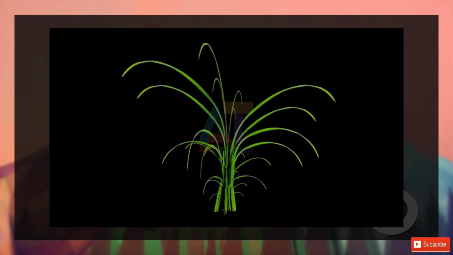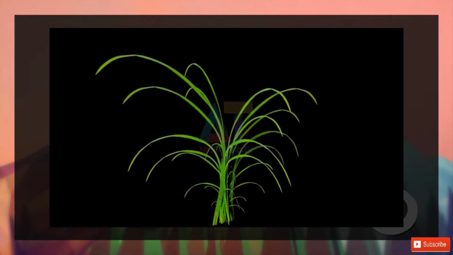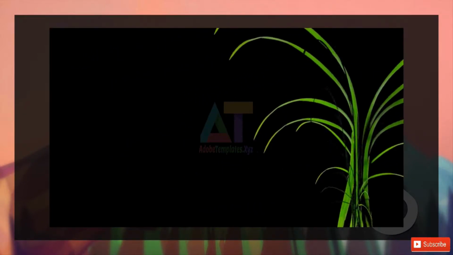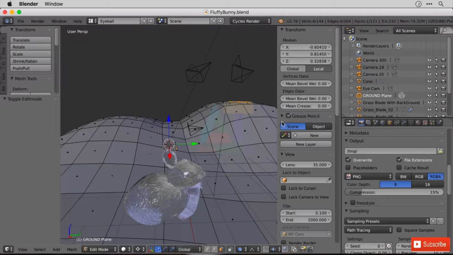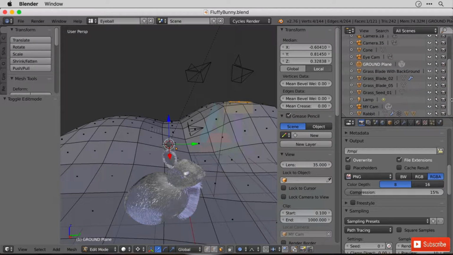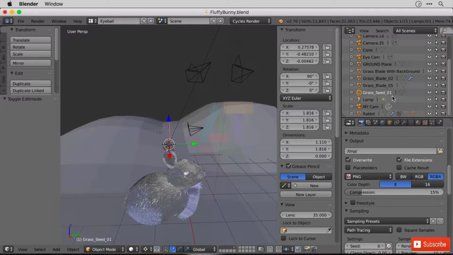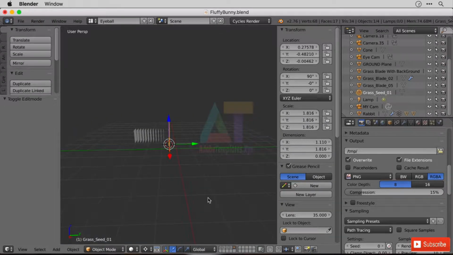And as we spin round here, we can see that it is truly 3D. So let's go create something like this and hop on over to Blender. Okay, so hidden in our hills at the moment, we've got some blades of grass. The first thing I'm going to do is rename these. So this grass seed here, well, they're all on the 5th layer, so let's hop over to there now, getting rid of everything else, or I can press number 5